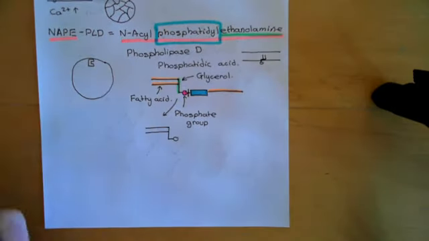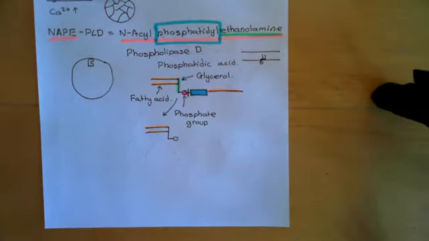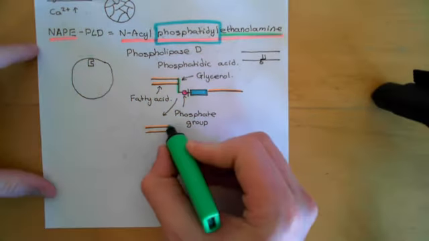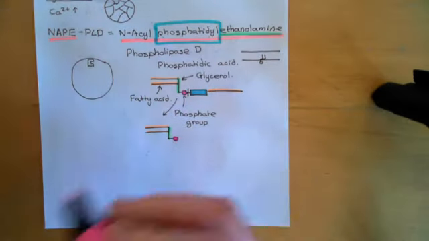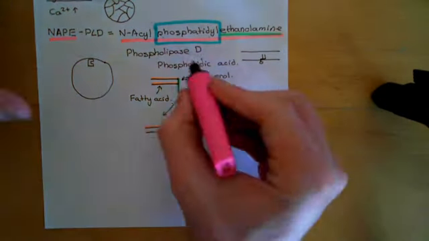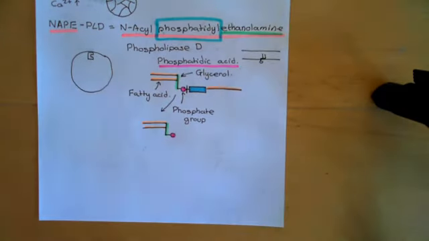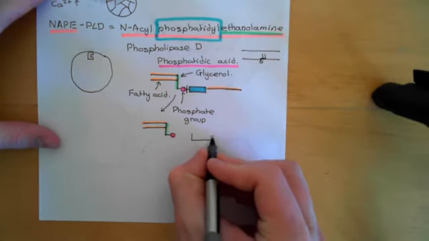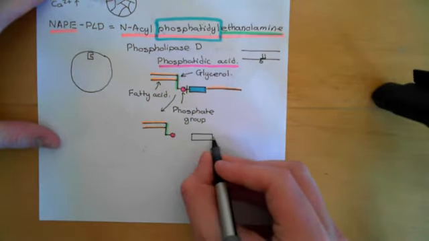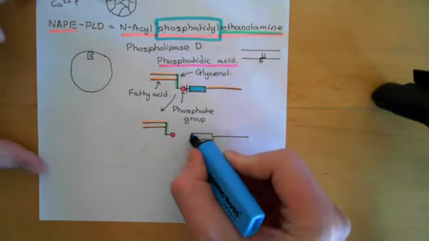So here it is. I'll just colour it in again. Here are the long-chain carboxylic acids, here in green is the glycerol backbone, and here in purple is that phosphate group. So that's phosphatidic acid returned to us. And now the other thing that we're going to get, and this is the important bit, is the ethanolamine here in blue with some long-chain carboxylic acid attached to its amino group.